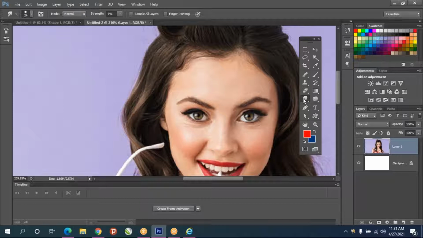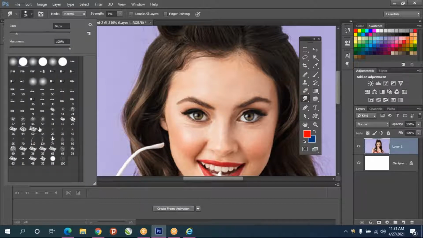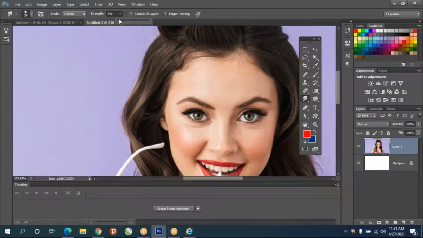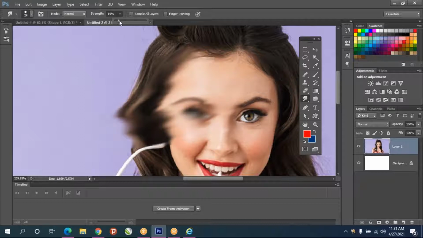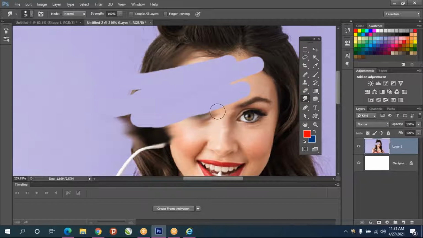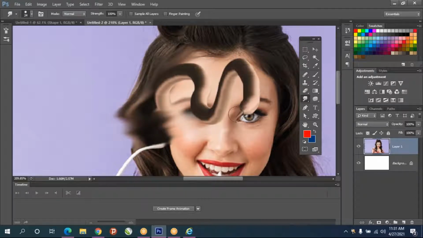So after selecting smudge tool, choose any brush presets you like. Because we are going to give like paint effect. So manually we are going to do, but we have some inbuilt paint effect also, but it won't look that much good. But if you use these brushes by using smudge tool, you can do a lot of things. See, after selecting smudge tool, reduce the strength. And if you reduce the strength, it won't affect much. And if you increase the strength, so little bit it will affect. And if we increase fully, it will affect too much.